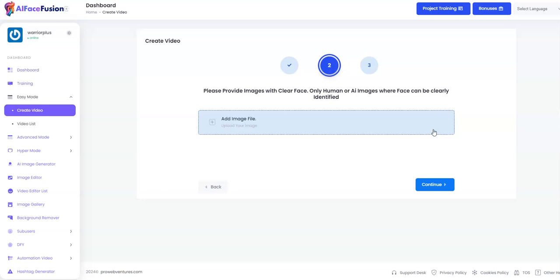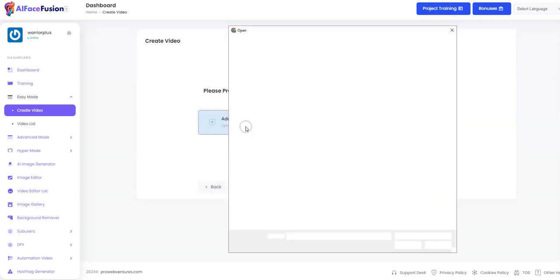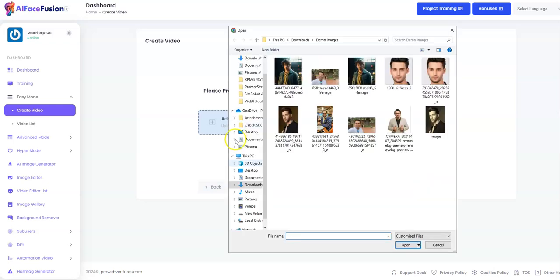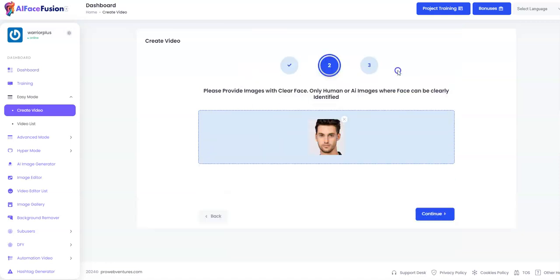And in this section it tells you to provide an image with clear face, only a human or AI generated image where face can be clearly identified. So all you have to do is select the image from your system. So I'm just going to hit on this and select a clear image. So make sure that the image is uploaded. So once the image is uploaded you won't see any loading sign over here,